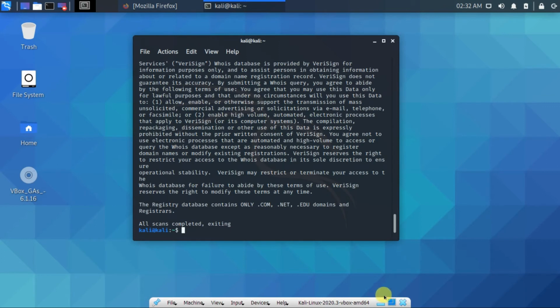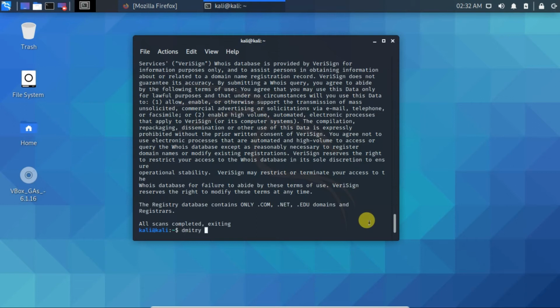Now come down, and let's gather some information with this IP address rather than a domain name. Now let's again call Dmitry -i, and to paste you have to use Ctrl+Shift+V.